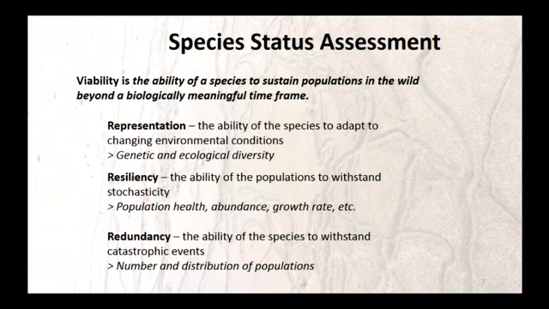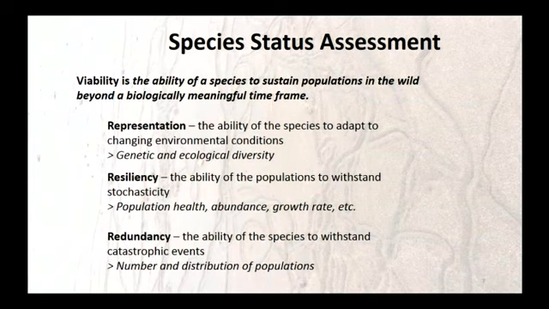You can also look at ecological diversity across the range. So maybe in the eastern edge of the range they eat different things than they do in the western end of the range. And so we don't want to lose all the eastern animals because we can't just take ones from the west and put them back in the east after the fact. So we want to make sure that those unique or specific things about their biology from across their range and throughout their lives are represented in the future.